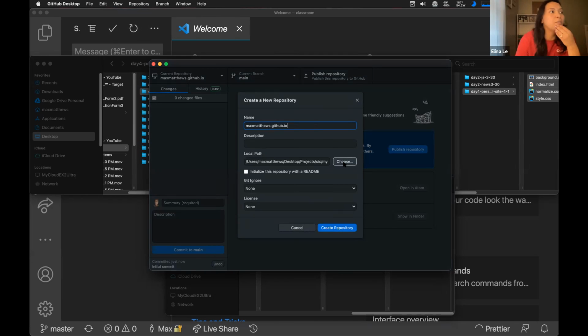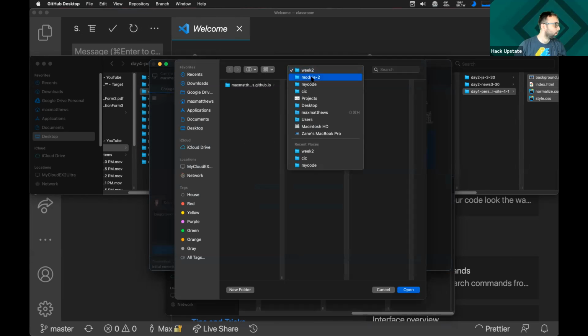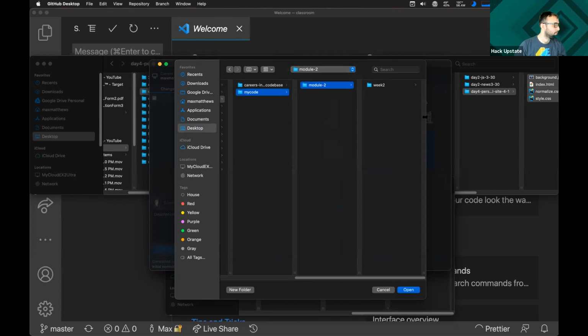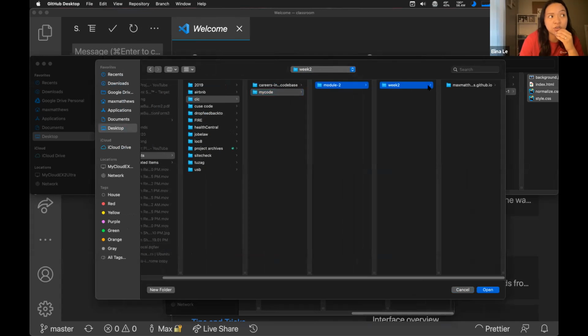Do we want to choose the local path that it's going to? Double check that it links to... Yeah, so that local path you're going to want to make sure is somewhere in your My Code folder. In My Code folder, not Careers in Code folder? Correct. This is going in My Code because what we're doing is we're setting up your repository for your personal